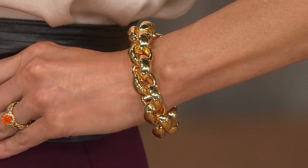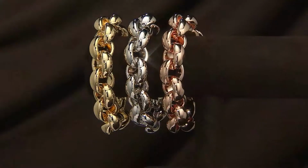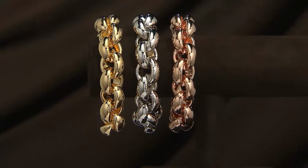5 payments of Easy Pay. Absolutely, absolutely gorgeous. I love that bracelet. It is brand new today. I love the Klondike Gold Rush sale price. That is not the everyday price. That's about